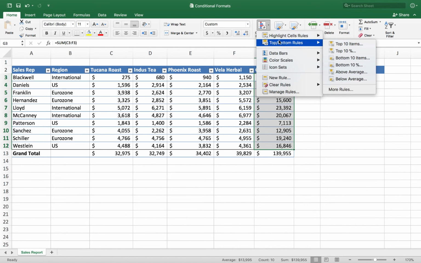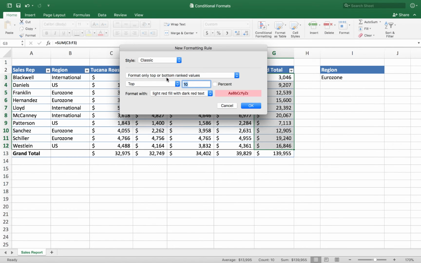I can say I want to see the top 10 items, for example. So I'll go Top/Bottom Rules, choose Top 10, and it assumes that you want to look at the top 10, but you can change that to whatever you want. So if I just want to see the top 3 items highlighted, I'll change that top 10 to top 3. And you could actually say, instead of looking at the top 3, I want to see the bottom 3, the worst 3 sales too.